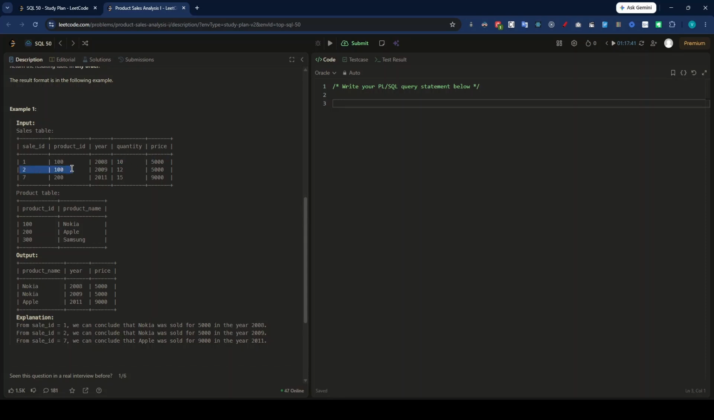For sale ID 2, it is again the same product 100. In the year 2009, 12 quantities of that product have been sold, and again you can see 5,000. Maybe the product cost has been reduced in the next year, who knows, right? We don't know that information. And sale ID 7, product ID 200, and so on. This is a small description of the data, and then we have one more dimension table,